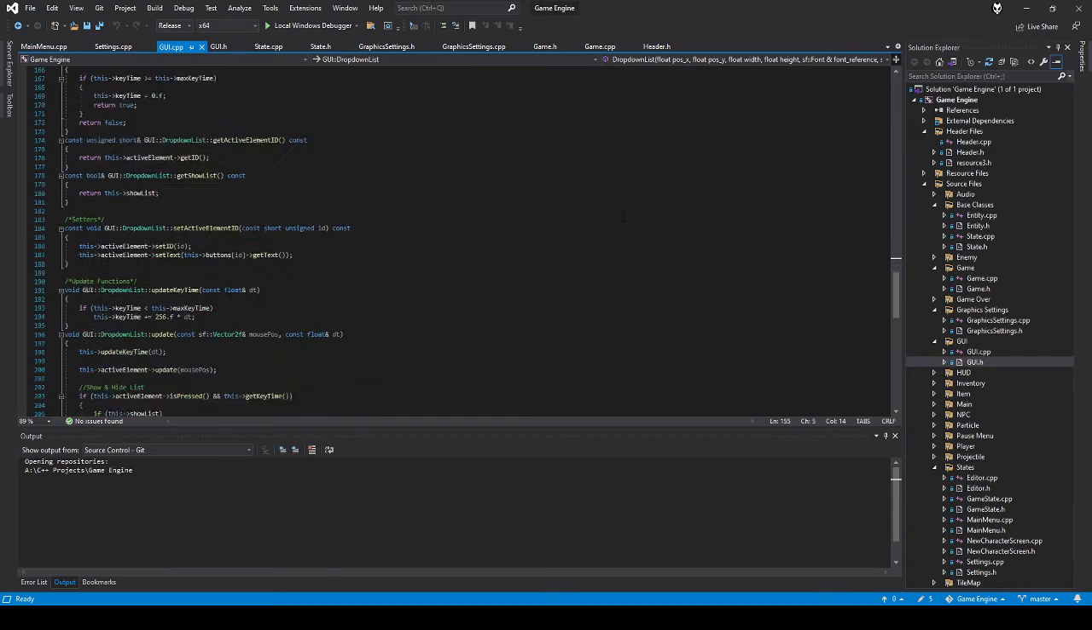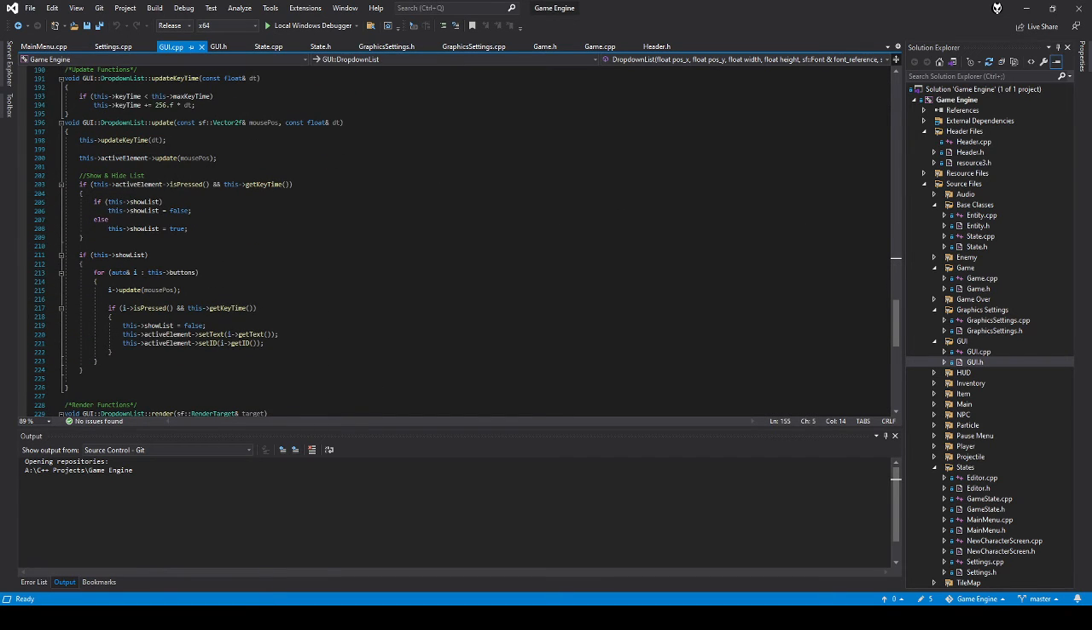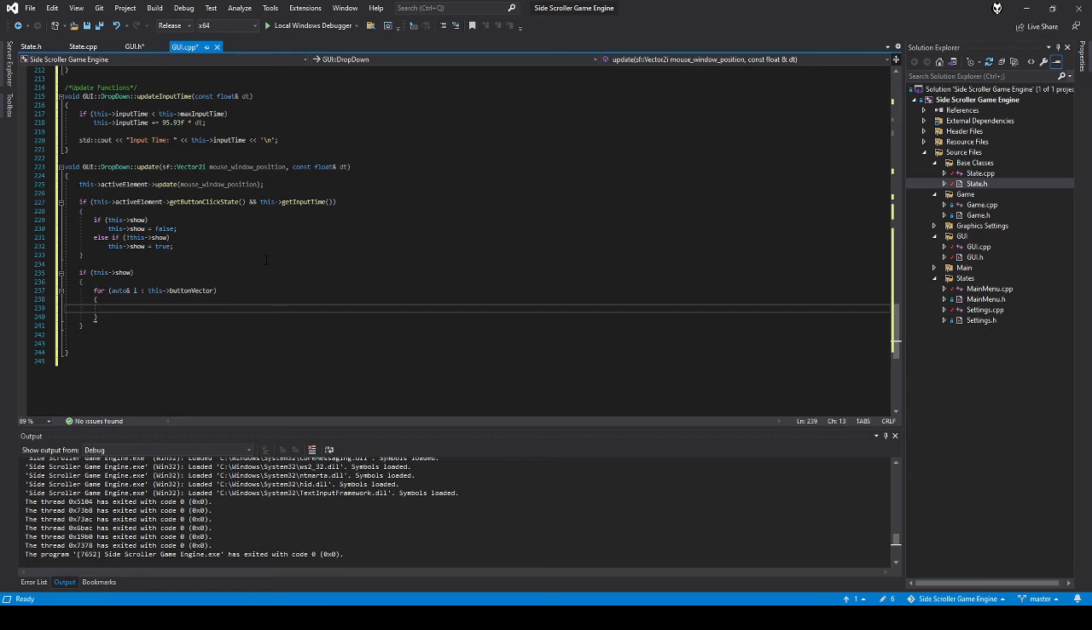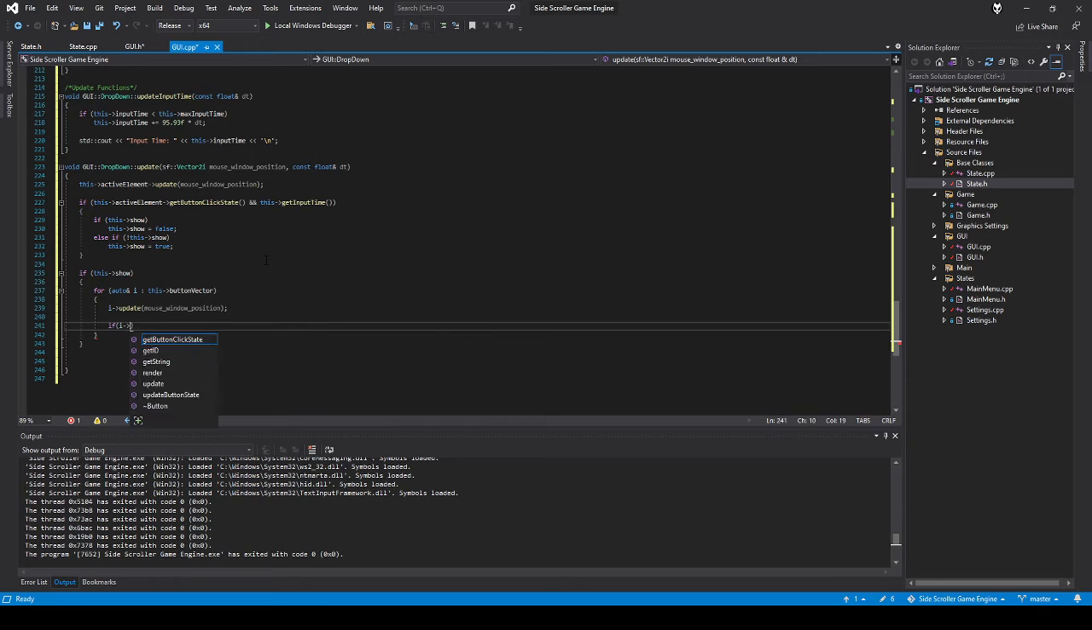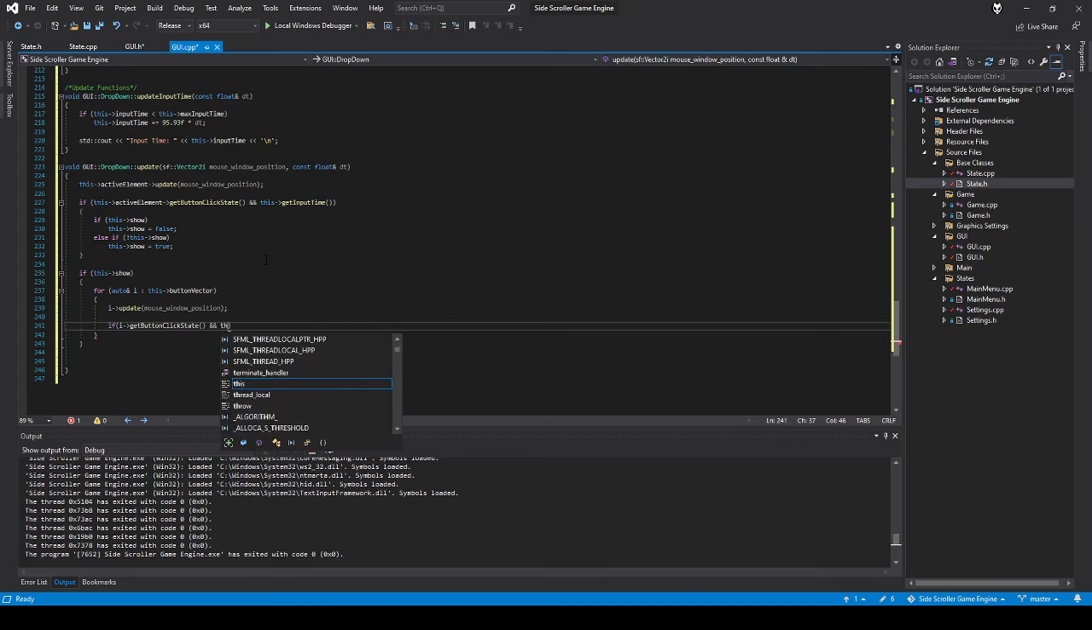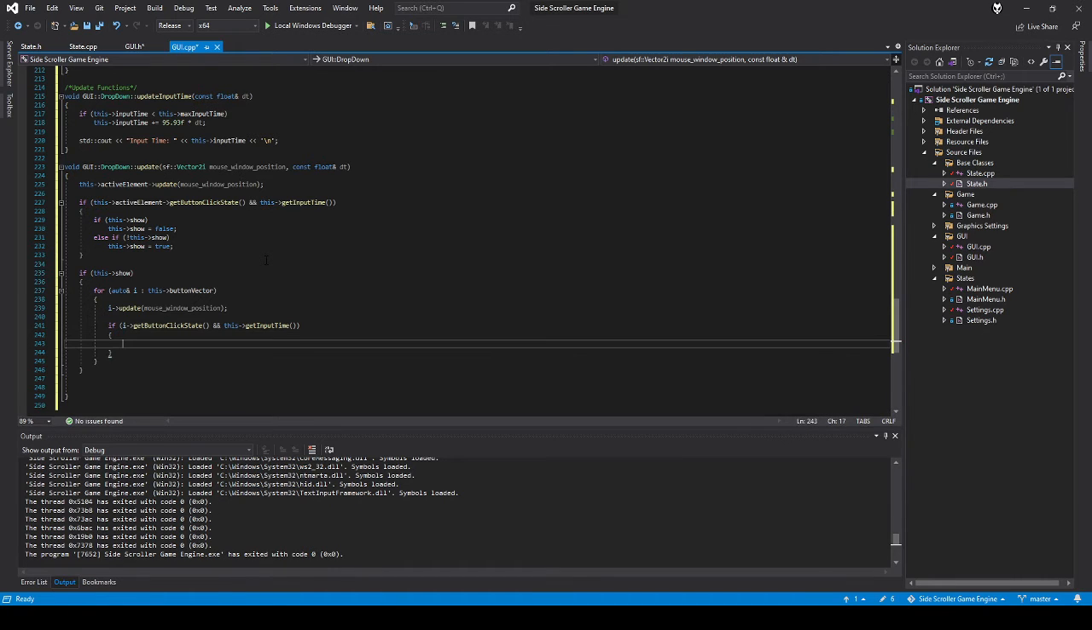looking at my cheat sheet here, update mouse position. I update the mouse position is pressed, get the key, show false. Alright, cool. So I need to be updated with the mouse position. Alright, so if this I get click state and this get input time, okay, if that's true,